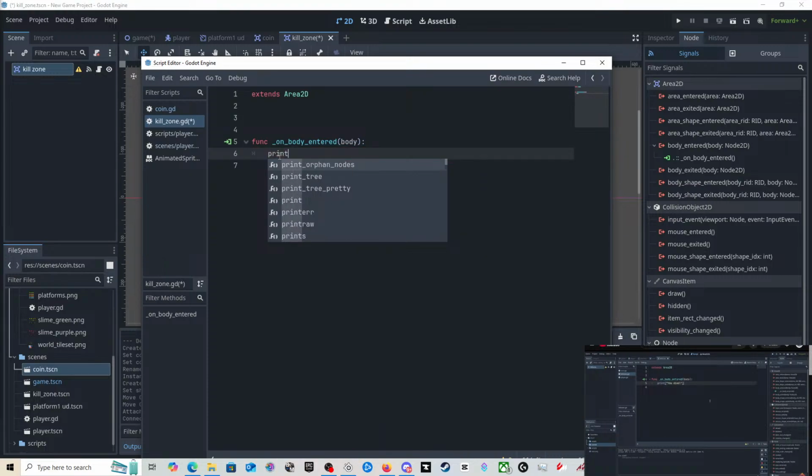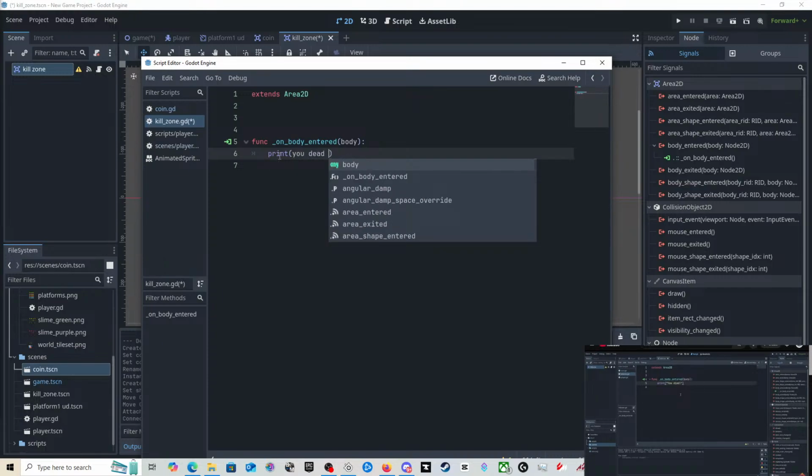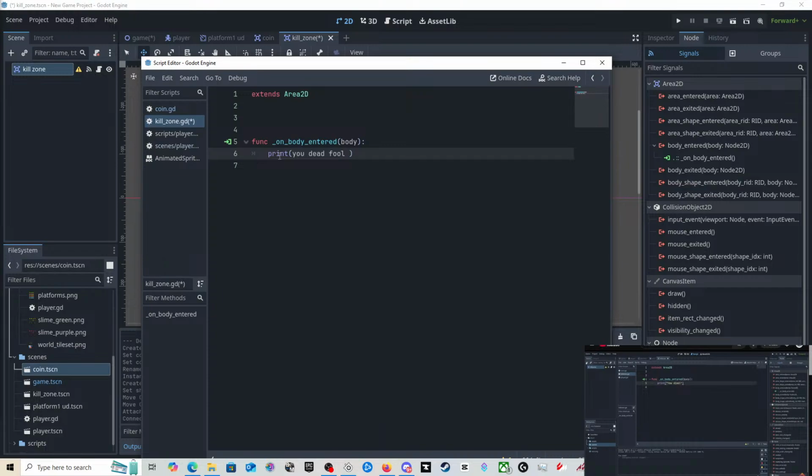Now instead of immediately restarting the game, let's add a small delay. We do this using another node called the timer node. So let's add a new node, search for timer, and under the inspector here, we can choose some different things about it. Let's set the wait time to something like